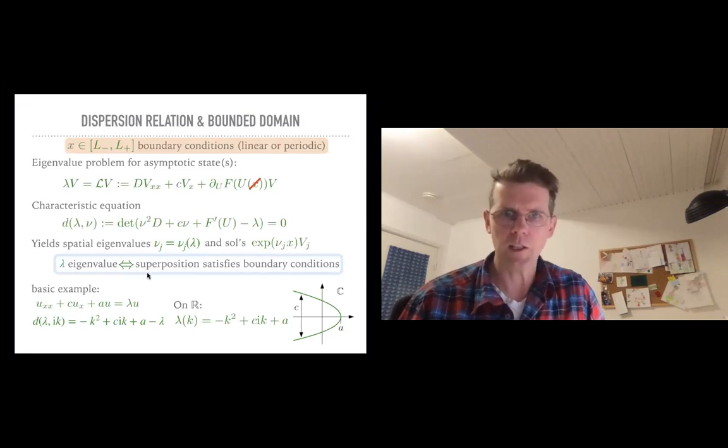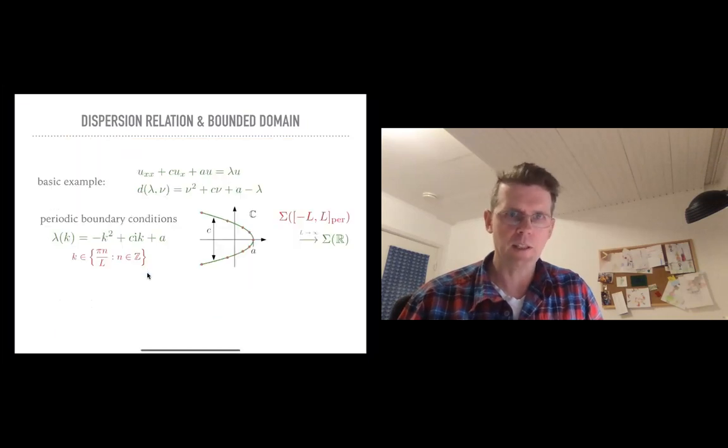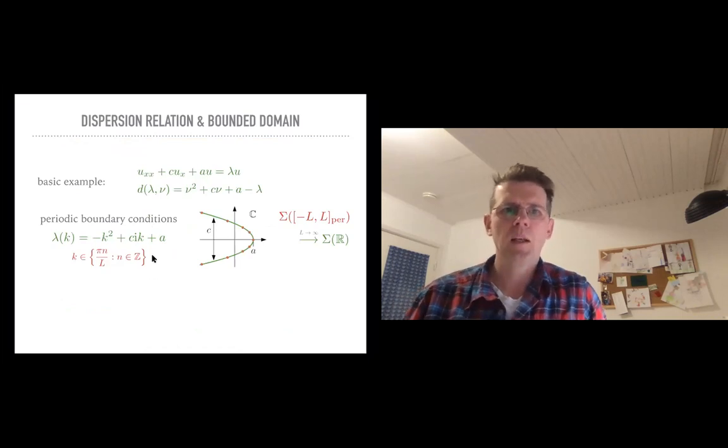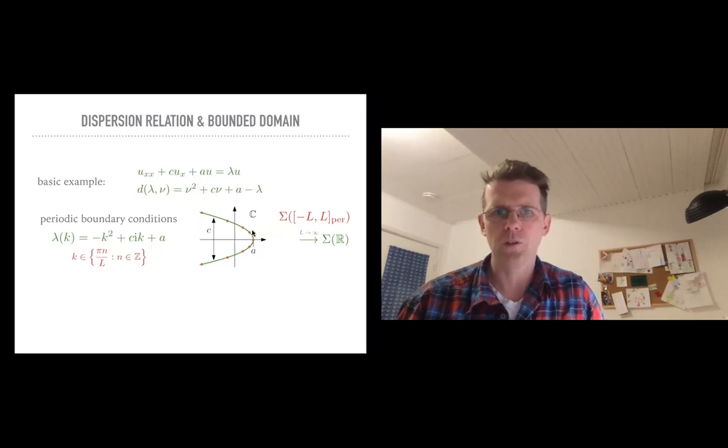So that's just in a nutshell this theory, and then the dispersion relation, of course, for the basic example is just trivially modified. But let's nevertheless look at solutions of that for a particular example, namely, first of all, the periodic boundary condition case, which is well known. And all that happens is that we just discretize the Fourier wave numbers we have available to the resonant ones, and then we have these red dots just lying on the essential spectrum, and in Hausdorff distance, as L goes to infinity, this periodic spectrum converges to the essential spectrum.